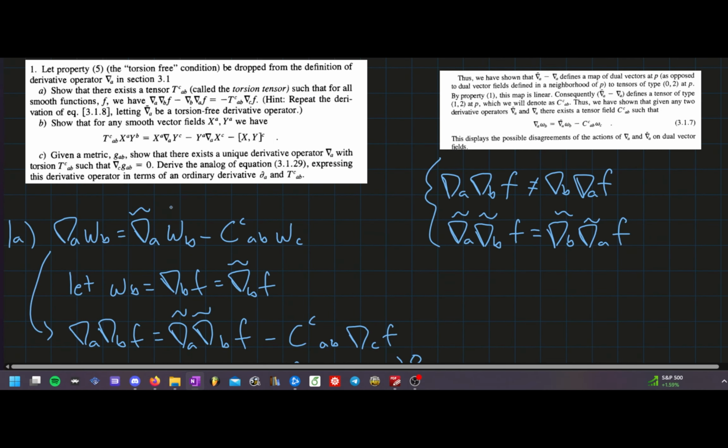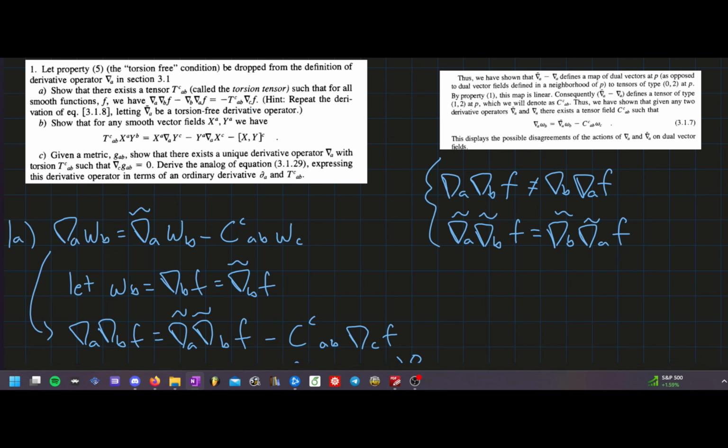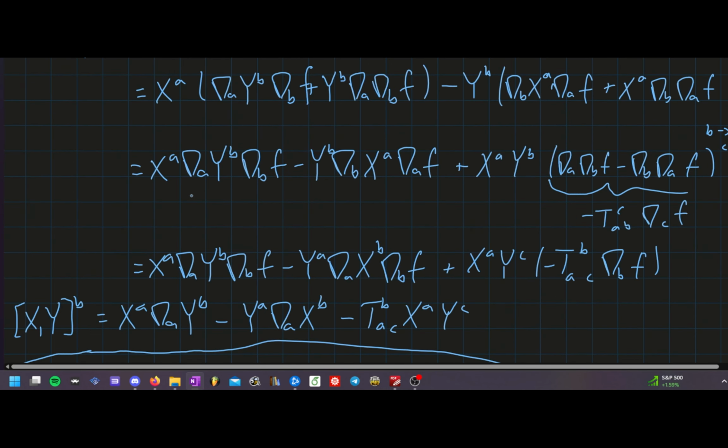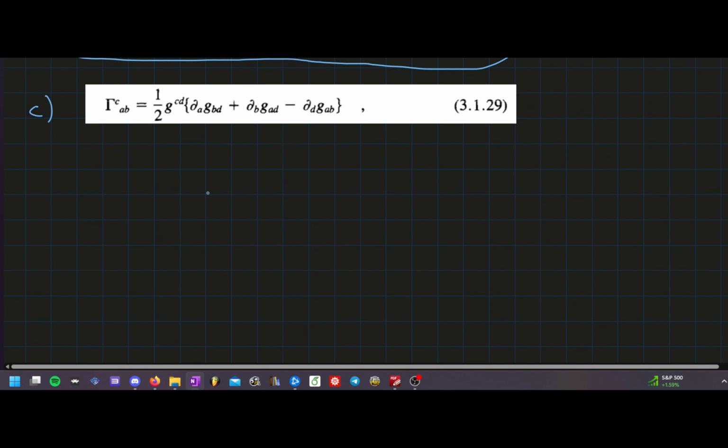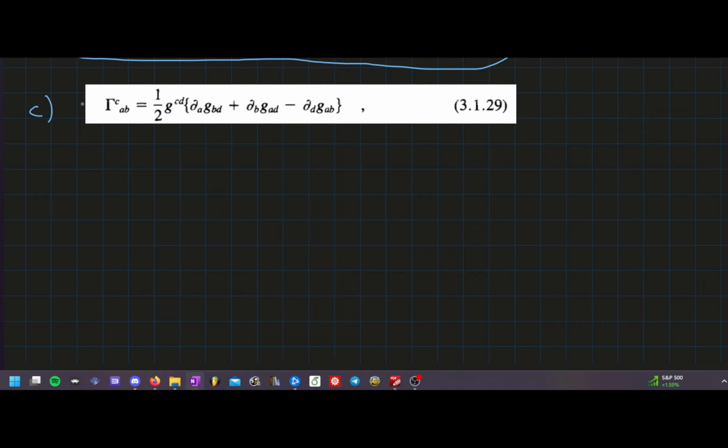Okay, now we can do part C. We're supposed to show that given a metric g_ab, there exists a unique derivative operator nabla_a with torsion T such that nabla_c g_ab is 0. And then we are asked to derive the analog of equation 3.1.29 expressing this derivative operator in terms of an ordinary derivative and the torsion tensor. So this is 3.1.29 that we want to derive an analog of eventually, but we can start here by writing